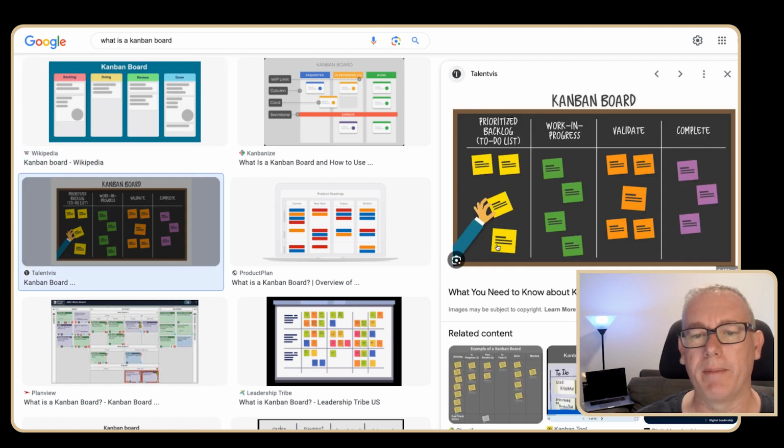You might have a backlog of jobs. If you had 100 video ideas, they would probably go into a backlog. What happens is when you're ready to work on a video, you would just drag one of the ideas into work in progress. If you look at the column headings that are here, backlog, work in progress, validate and complete,